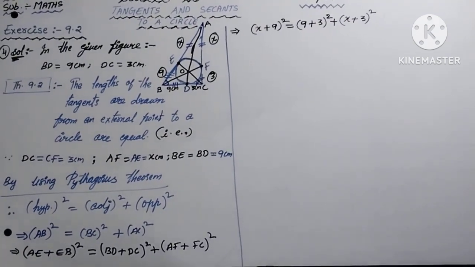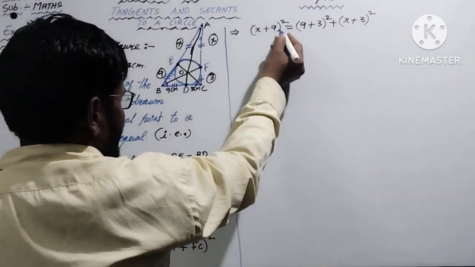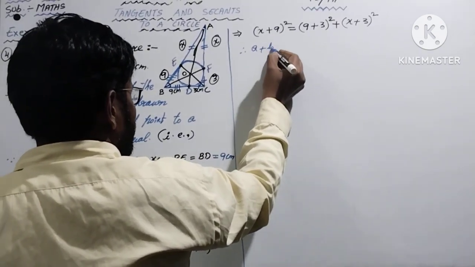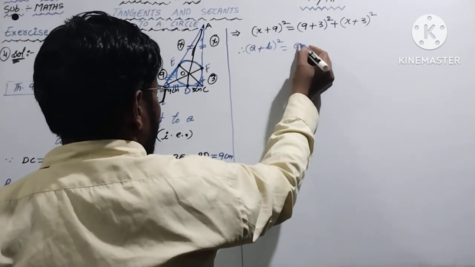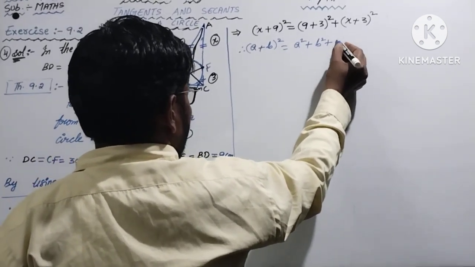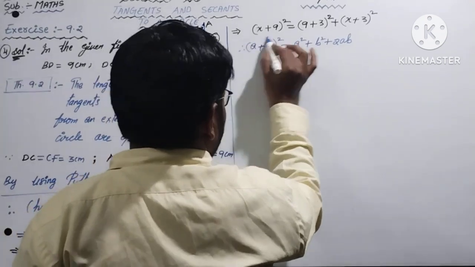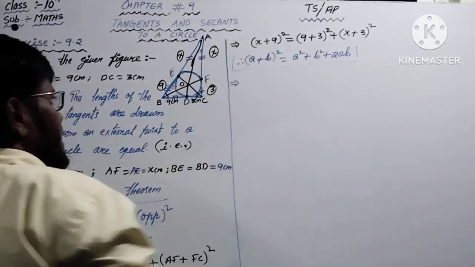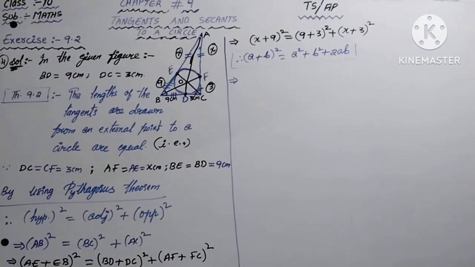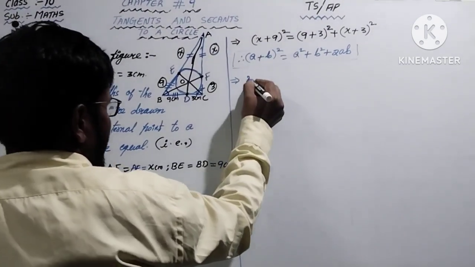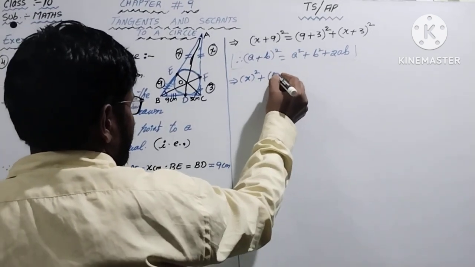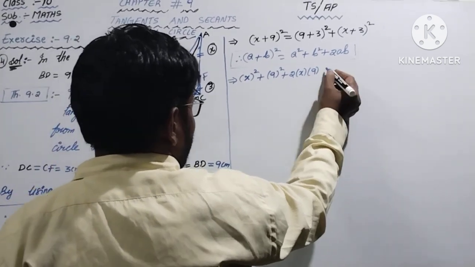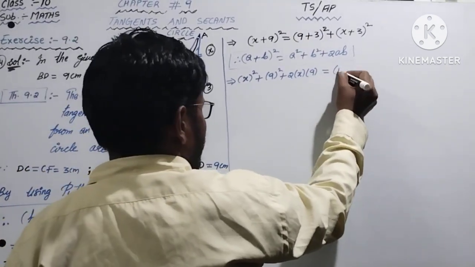Sure. The next one. Now this is in the form of one having variable, one more is constant term. So this is in the form of what? Which formula? A plus B whole square. So formula is A square plus B square plus 2AB, or A square plus 2AB plus B square. The next step. A value is X and B value is 9. Okay, now expand. A square means X square plus B square, 9 square plus 2. A value is X, B value is 9. Okay, equals to 9 plus 3, how much here?